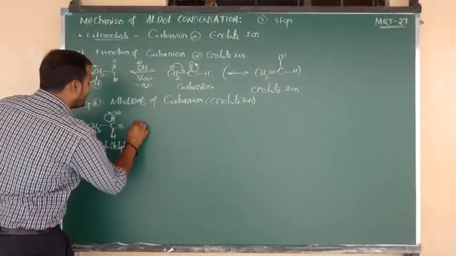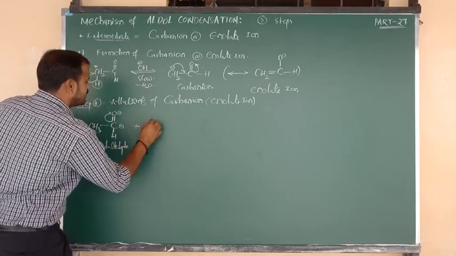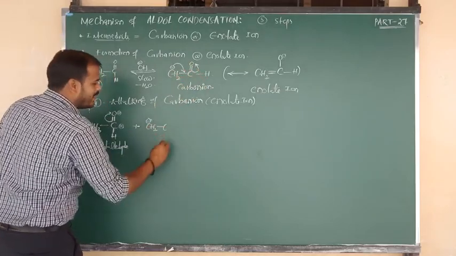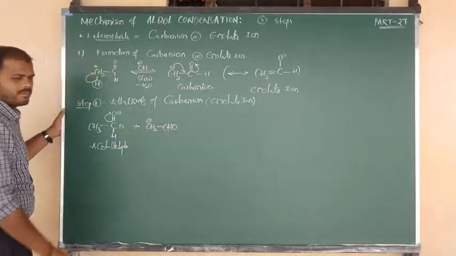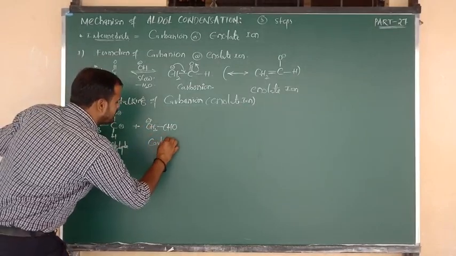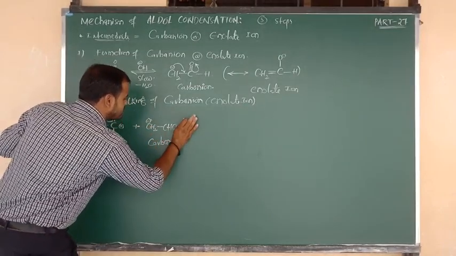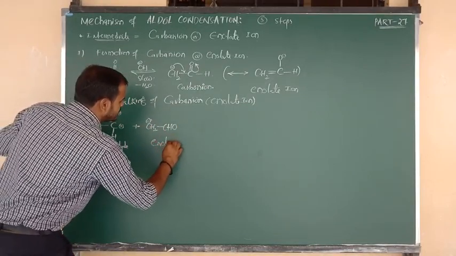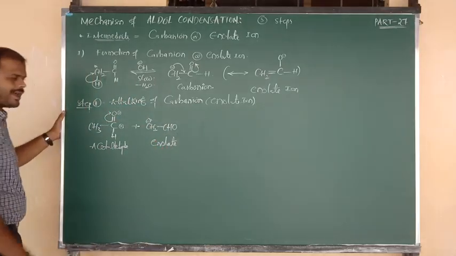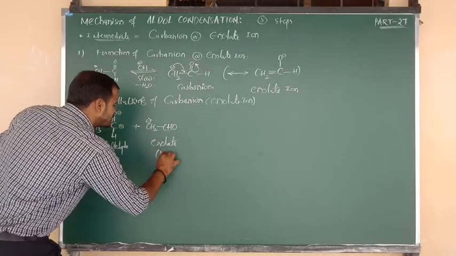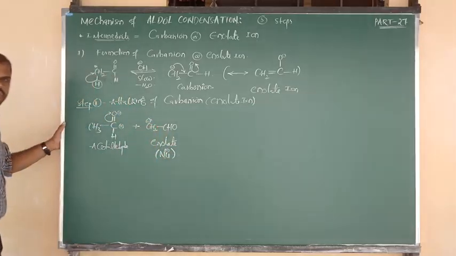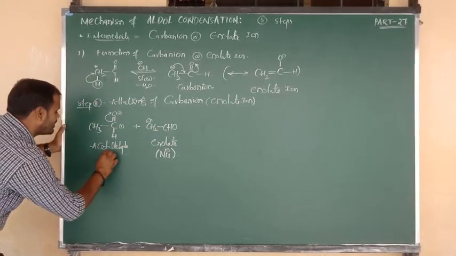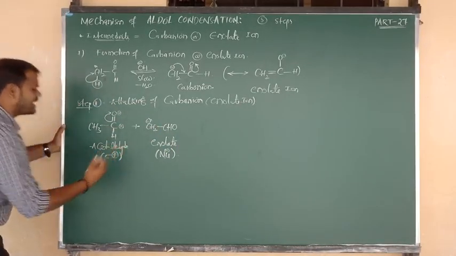What is the formula of carbanion? Carbanion formula is CH2 minus bonded to C double bond O H, otherwise simply you can say CHO. So C contains the charge minus; simply we can say carbanion, and also we can say enolate ion, as you wish you can write anything. Enolate contains the charge minus, so it can be considered as nucleophile, and the central carbon in acetaldehyde contains the charge plus. So acetaldehyde is going to be considered as electrophile.